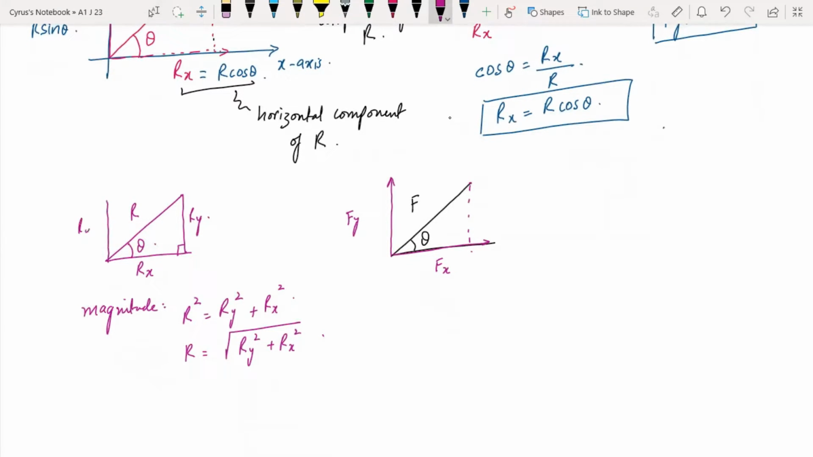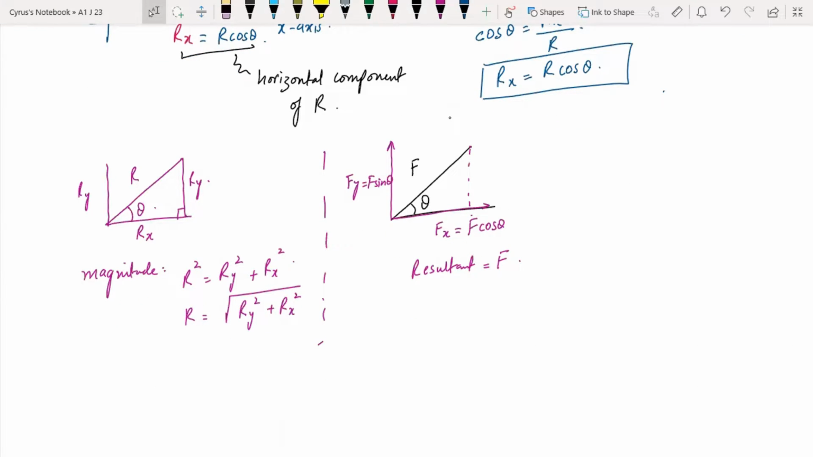If you assume that this is a right angle triangle, because this is ry and this is rx, you can find the magnitude. Now, if you have here f cos theta and f sin theta, how can we prove that this resultant is equal to f? You can apply the Pythagoras theorem here. You know that the resultant